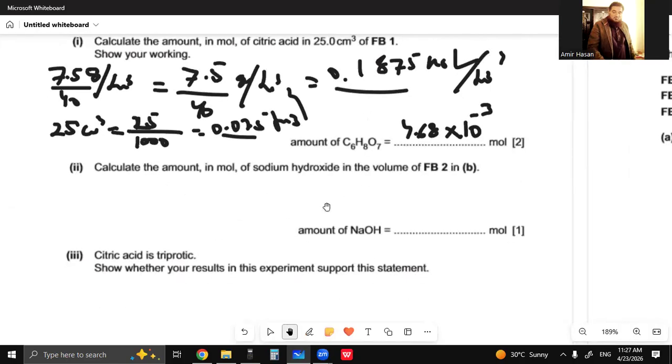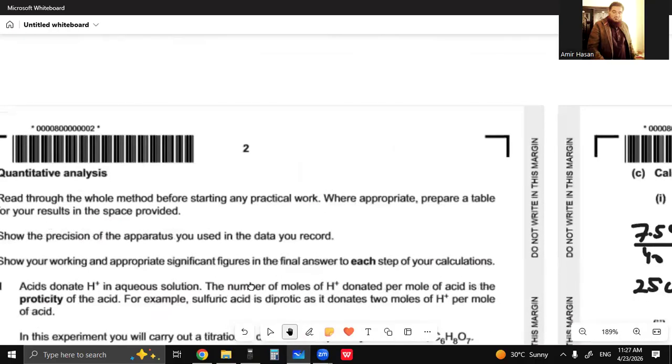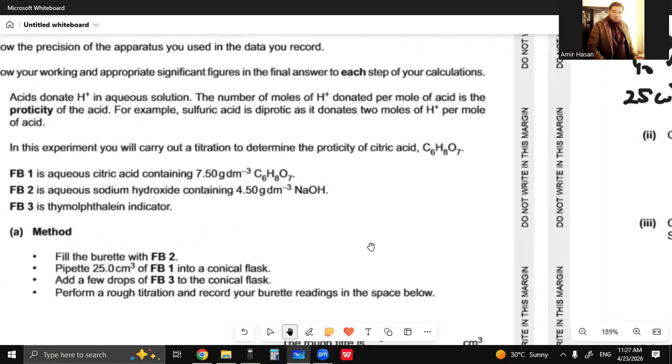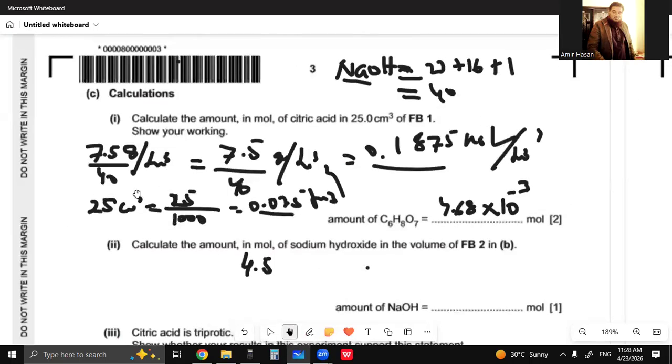Calculate the amount in mole of the sodium hydroxide. It is also saying calculate the amount of sodium hydroxide in mole. You check what is the concentration given of the sodium hydroxide. It is 4.50. What is the concentration here? 4.50. It is also in gram. No, sorry. In the above calculation, we are not using the 40, because the above calculation is the concentration